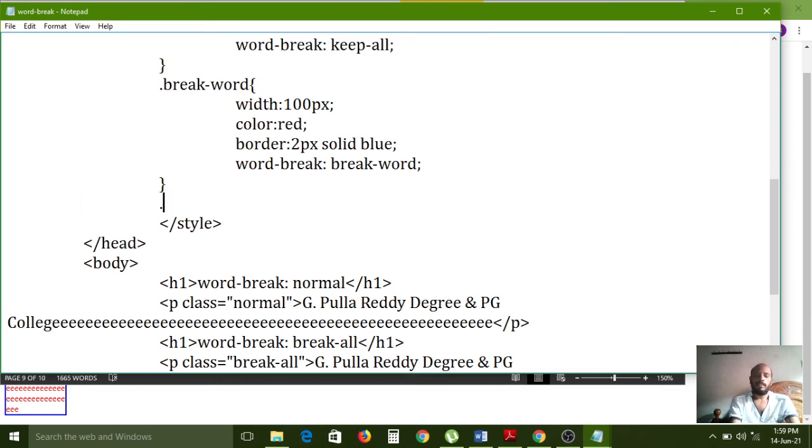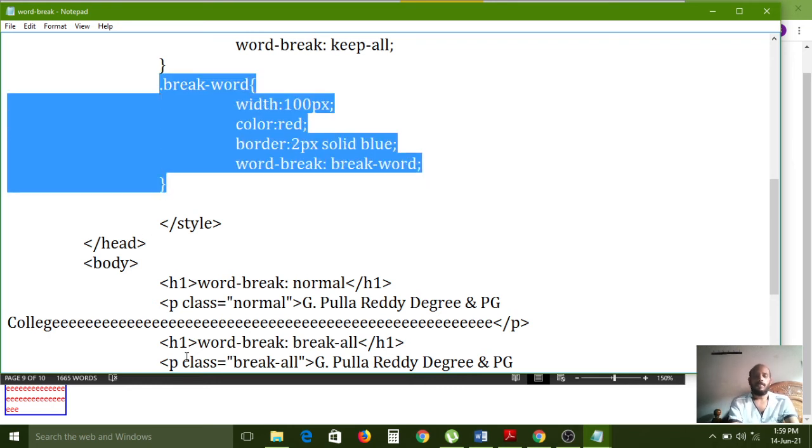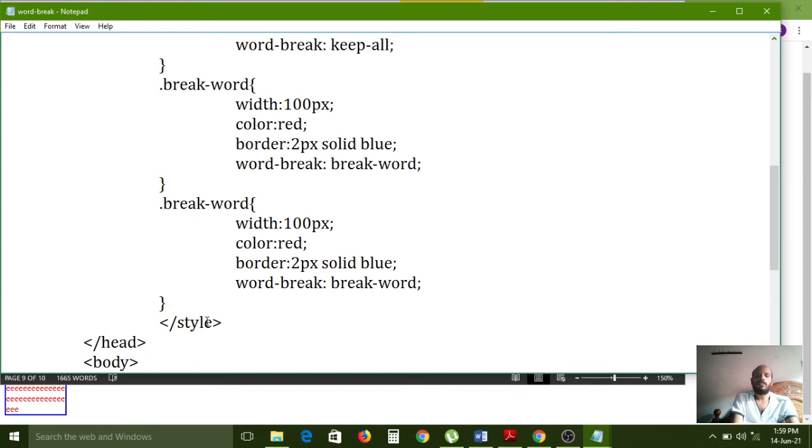So for that, initial. Now I am copying this one and pasting here. Instead of break-word, I am using initial, and here the word-break property value I also want to change from break-word to initial.